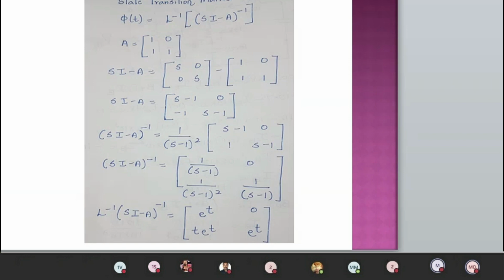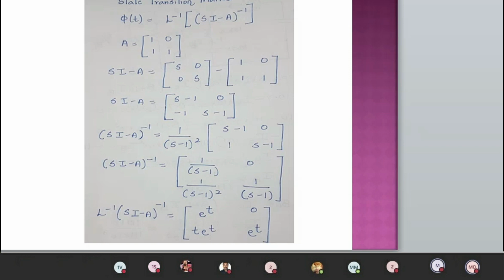And you have to just swap and then replace the sign. Okay, see the matrix, it is a 2 cross 2 matrix. A of 1 1, A of 1 2, right? B of 1 1, B of 1 2. Right? So after that, you have to divide by the determinant, that is 1 by del. What is the determinant? S minus 1 the whole square minus 1 into 0, right?